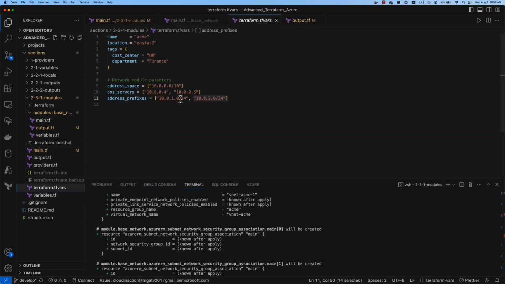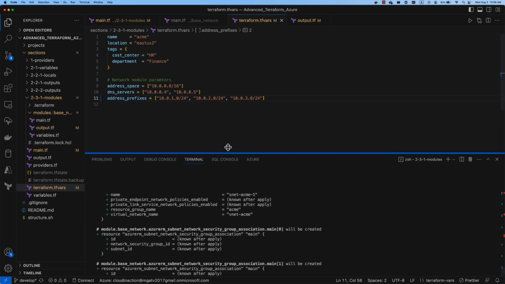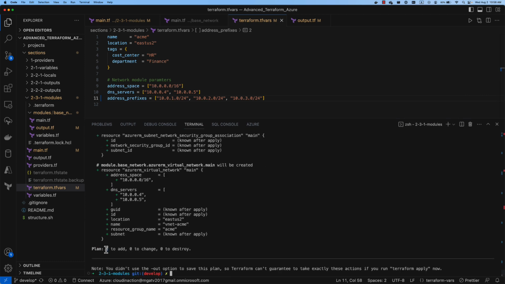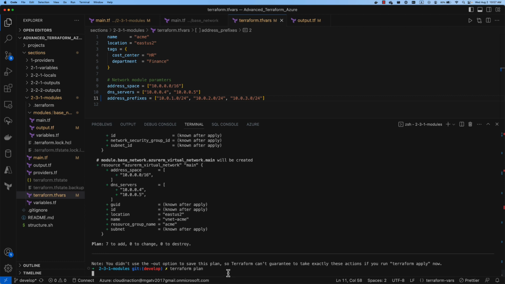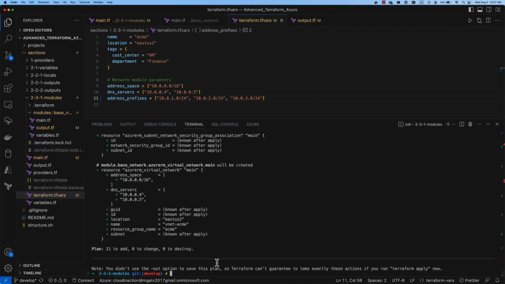If I need to have more subnets, I will just copy that in my variables and say, okay, you know what? We need to have another subnet, like 3. Right now we have 7 resources, but if I run Terraform plan again, we should have one more, or sorry, several more, because